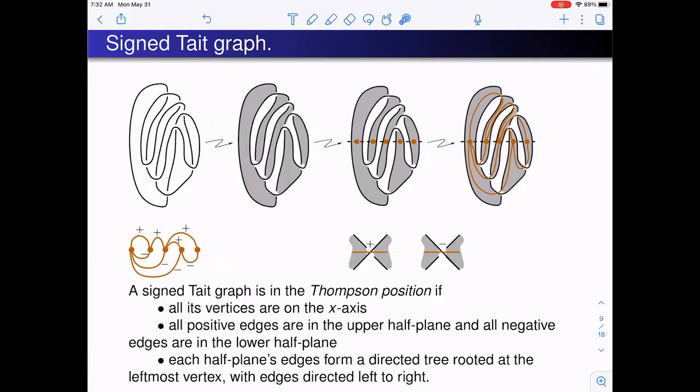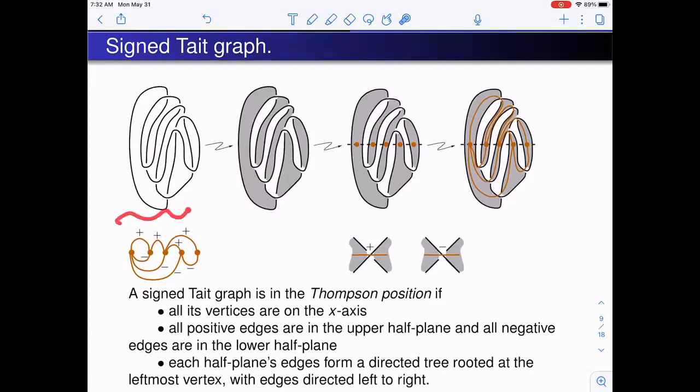Suppose I have a link diagram, say that one. Now I will do the checkerboard coloring. I will color this one black, so that is going to be this region here. Then that is going to be that region, this region, that region, this region, and so on. So there are black regions and white regions. Then I will put a dot, a vertex, on each